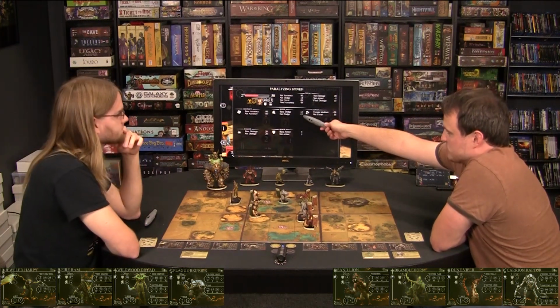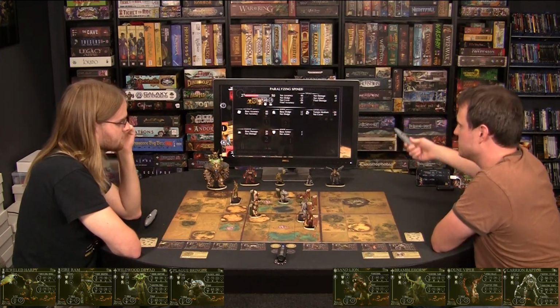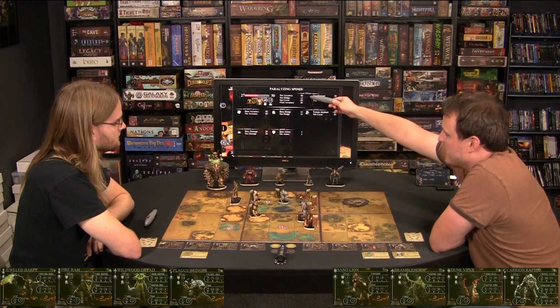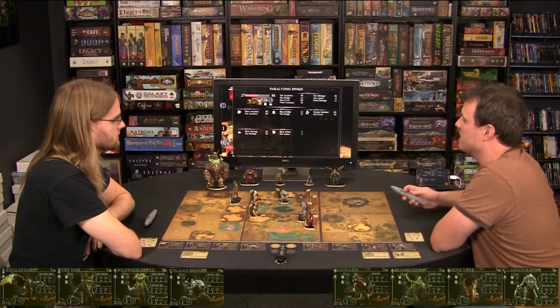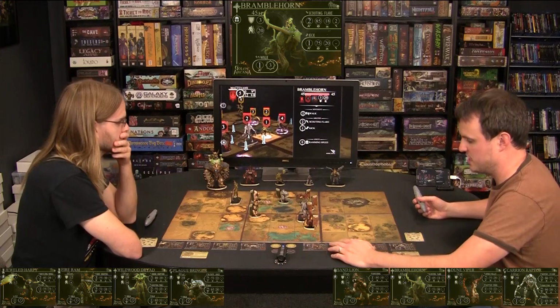The dodge of the character is 12%. There's plus 20 cover at that space, so that increases it. All these different things add up. So you can see the total net accuracy is 80 minus 12 minus 20 equals a final accuracy of 48%. I don't like that terrain cover, so I'm going to grab my Bramblehorn here because she has an ability called